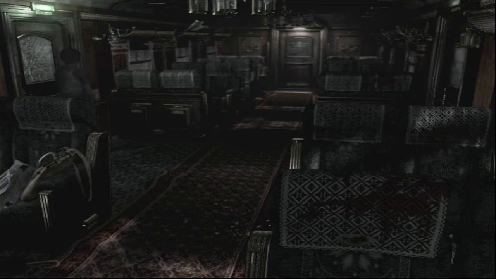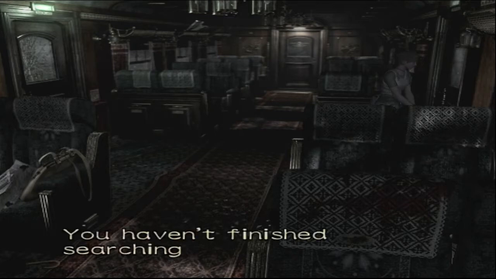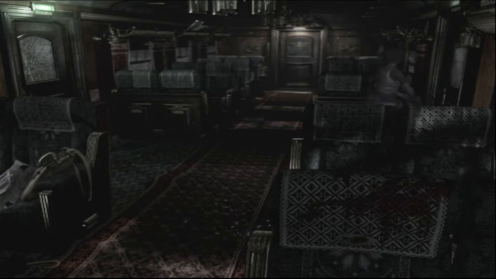It's locked. Even though you came out this train car door, you think the green light would mean that's open or whatever. You haven't finished searching the train yet. Ha, just excuses. There's plenty of suspicious things to look at. Also, it's gorgeous, and even though this game...